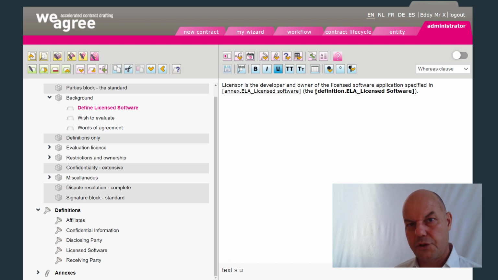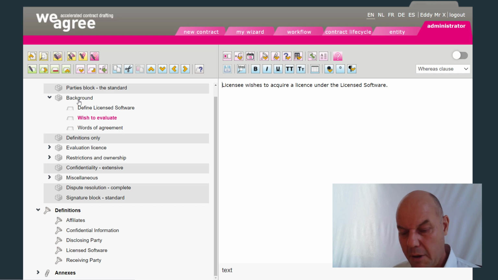So if the clause that contains the tag is made optional in the questionnaire, and the end user strikes essentially through the Q&A answer the insertion of that clause, then also that definition will not appear in the list of definitions. That basically means that you have to think of where to insert the definition tags. Typically what you would do is you would collect them a little bit in the background clauses, so in the very beginning, and as you would basically seek the most prominent or the most obvious place to